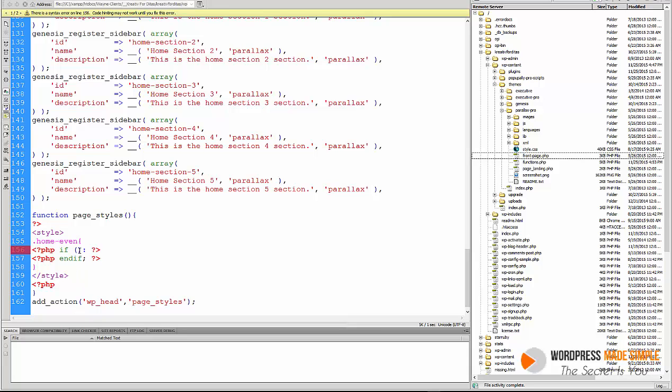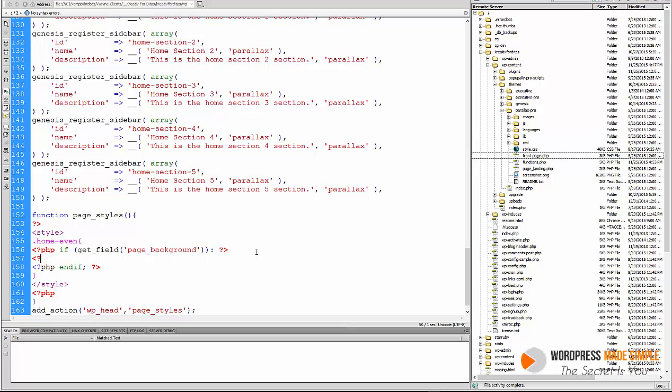Okay. If, let's see, get field, I believe so. That's what it's called. Boom, boom. And remember we copied that page background. So if get field page background is available, then what we're going to do is we're going to echo